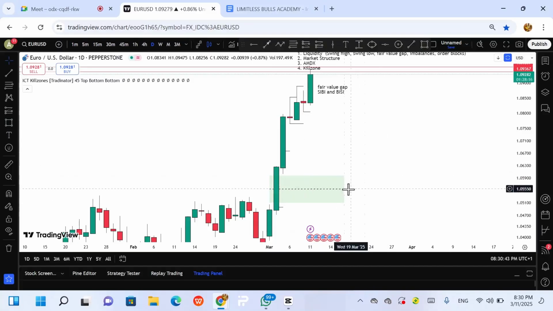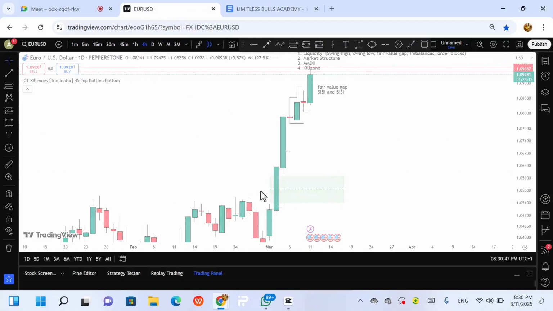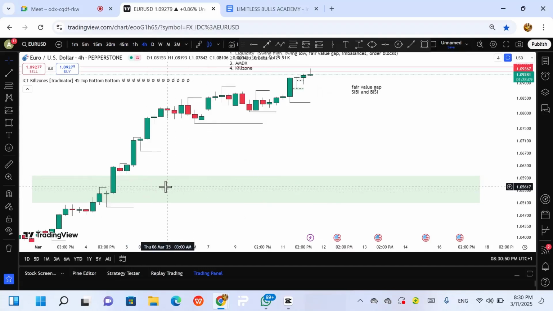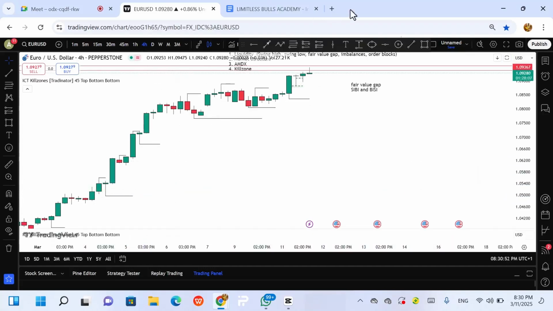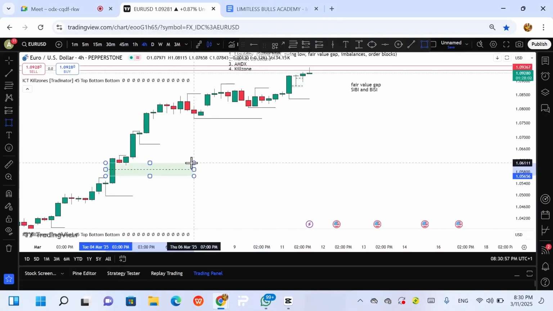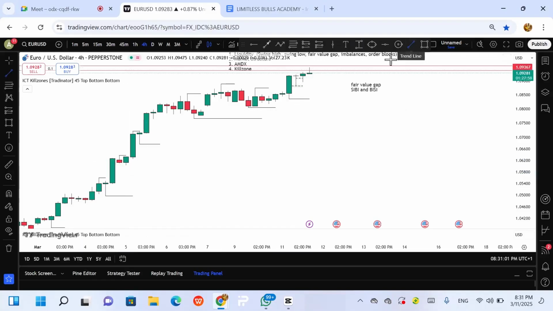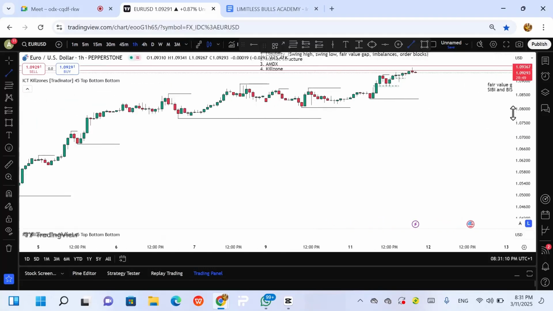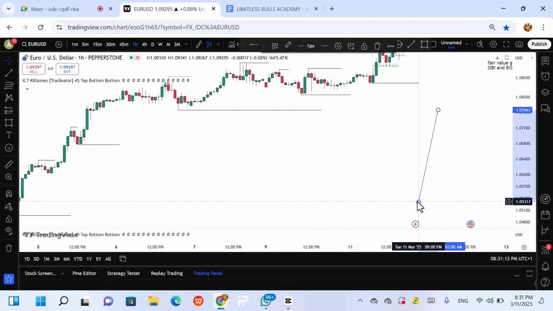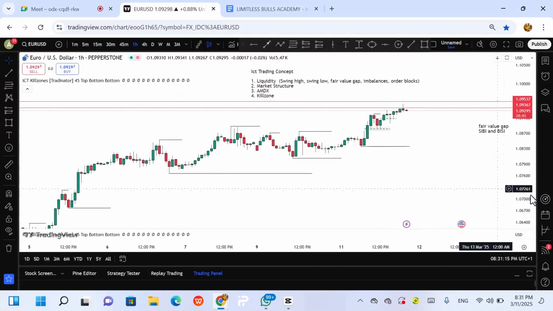But if you are marking this point as a daily fair value gap and you narrow it down to the 4 hour, you see that this point is not exactly a fair value gap. So you can narrow it down again. On the 4 hour, this is where the fair value gap is. This one was slightly tapped, maybe just 10-20%. Then this is another fair value gap. This is the 4 hour, but let's stay on the 1 hour for clarity and understanding. Maybe you can backtest it later in different time frames.